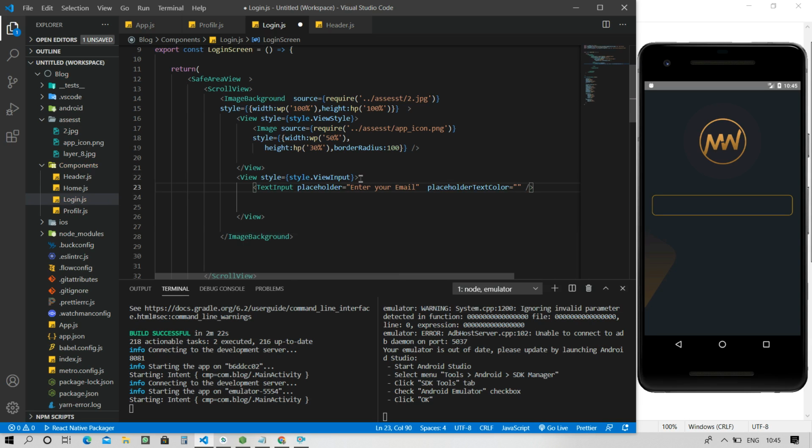The placeholder text color is white, because our screen color is black. So it's aligning on center. Now you can see that it's aligning on center, but the placeholder white is not working properly. Not a problem. Placeholder text color. Something is wrong here.